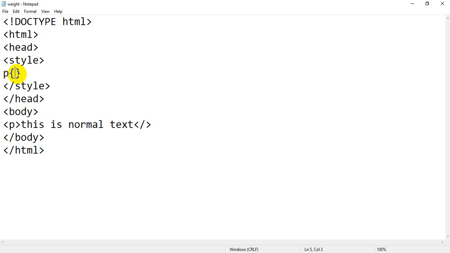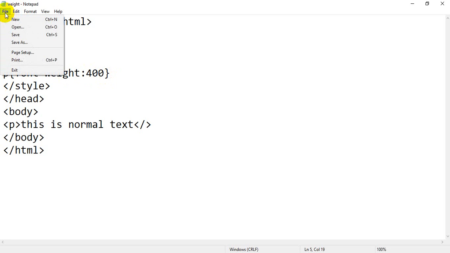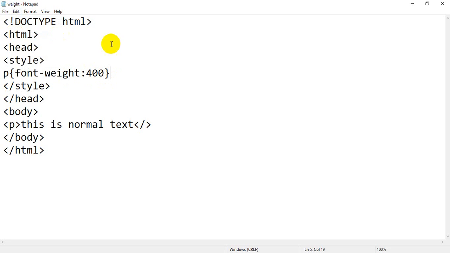So what is our property? That is font weight, and then you have to assign a colon. So if I assign 400, and we know 400 is a normal size, just see, if I save the file, I am going to add one more paragraph.